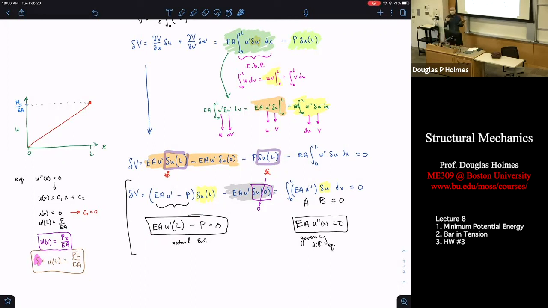So by using variational calculus on the total potential energy, we found the governing differential equation. We found a boundary condition. We used the governing differential equation with the natural boundary condition and the kinematic boundary condition to solve for our displacement at every point along the beam, which means, going back to what we started this lecture with, if you were to speckle this thing, speckle means like spray paint a bunch of little polka dots on here, clamp it